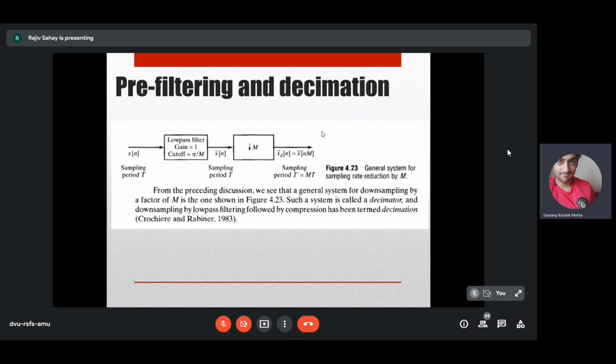But when you do interpolation, you have to hallucinate or find new information because you have to create a larger signal from a smaller signal. You have to do the reverse of this. So how would you find out the value at a sample which did not exist? You are going to insert samples between two existing samples. So what is that value? How would you know that? That is a difficult problem and it cannot be solved so easily. So it is called the interpolation problem, and we will see what it is.